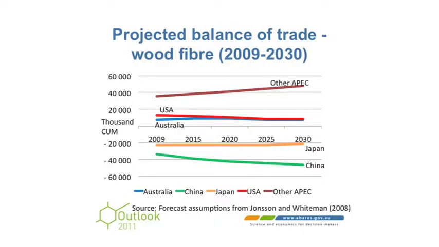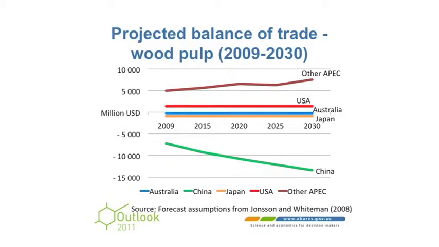I'm conscious that I want to leave time for questions, and I'm sure people have some saved up, especially for Bjorn and for Michael. But what we also look through in the paper is a more forward-looking forecast, based on some of the FAO work that's come out. And we look at what that means for wood fibre, for pulp, and for wood-based panels. Now, I don't want to talk through all the results now, as I say,